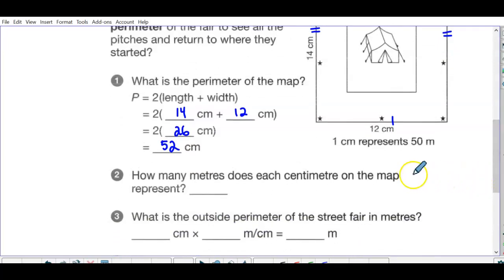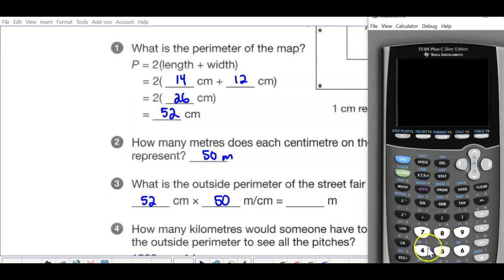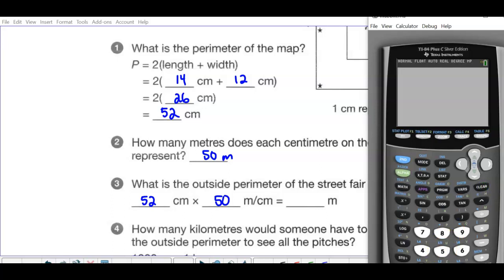How many meters does each centimeter on the map represent? It says 50. What is the outside perimeter of the street fair in meters? Okay, so this is your scale. We want to take the 52 centimeters and multiply it by 50 meters for each centimeter on the map. This is not a conversion in metric. This is a scale conversion for a map. So 52 times 50. If you need a calculator, you can do that. Okay, so 2,600 meters